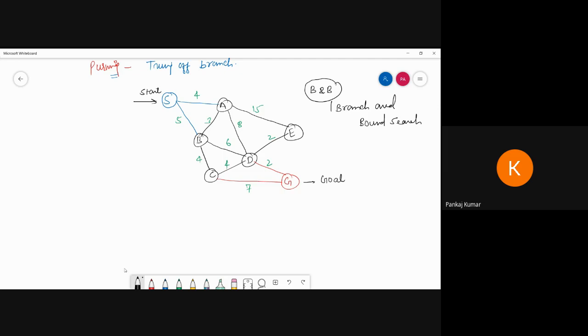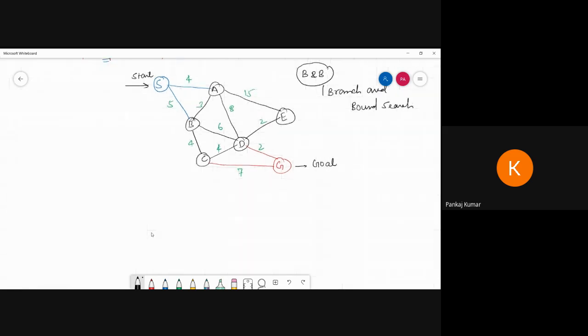Now see. Okay. So what we have to do? I am going to draw first. I am taking the S node, and what will the adjacent nodes be? So I can go from S to B, and I can go from S to A. Okay. So when I go from S to A, what is the minimum cost?